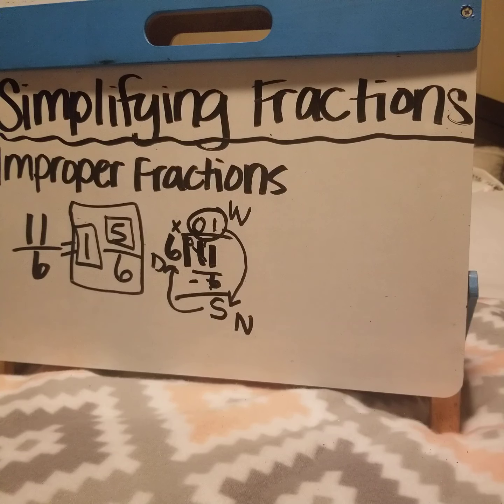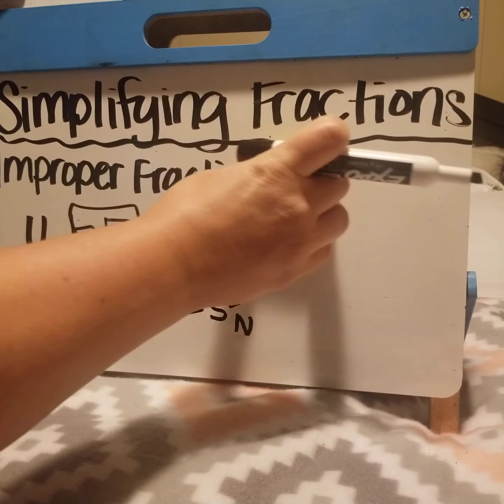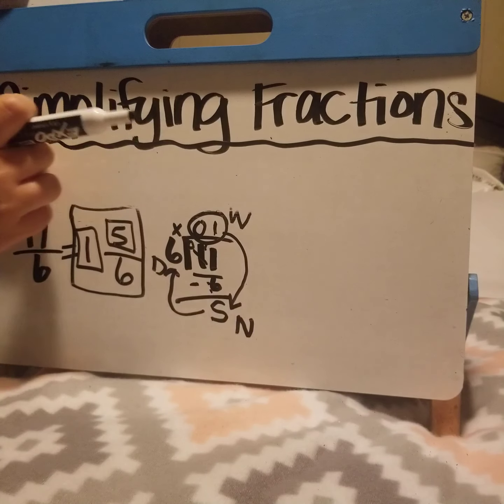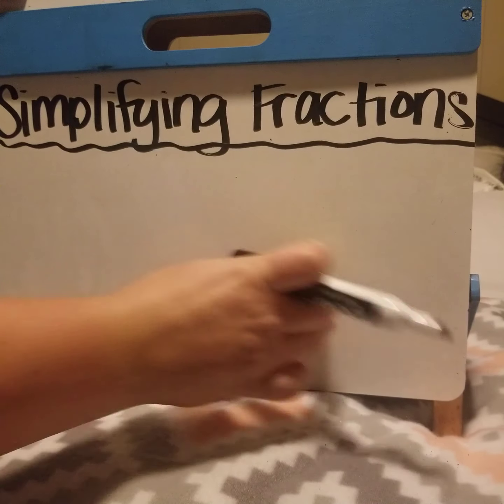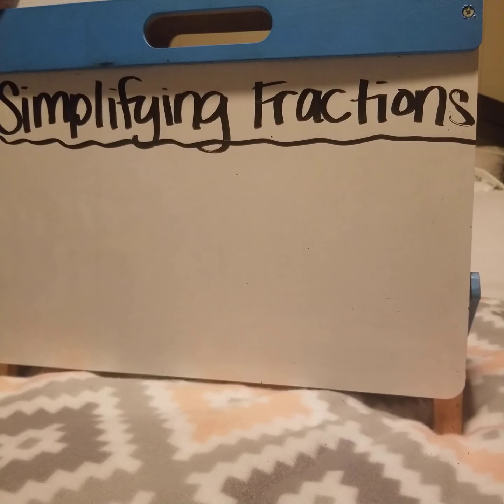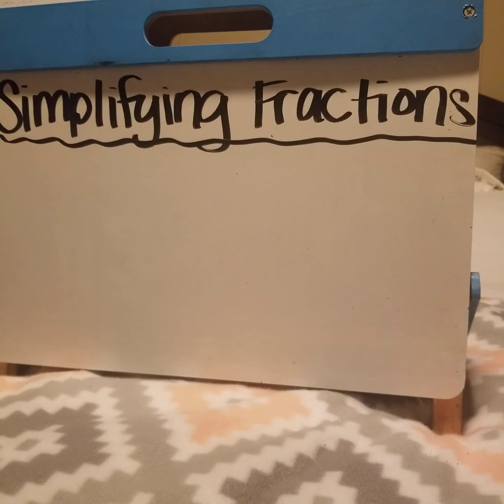Now, there are other ways to simplify. You can use a multiplication chart and find your fraction and find the simplest form that way. If you have fraction strips, you can mark where that fraction is and look above it to see what fraction could be also equivalent to it. But let's do 2 more examples. That way you get a hang of it a little bit more. Okay, so let's do